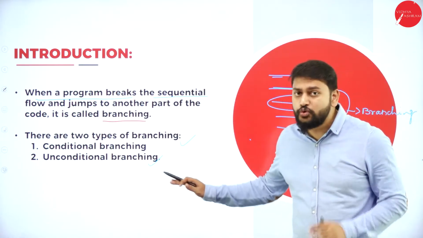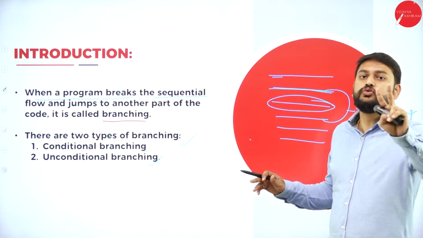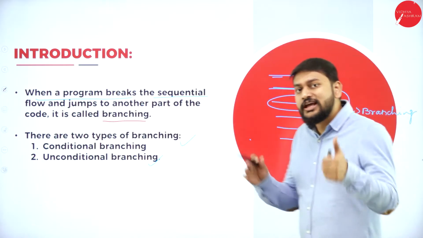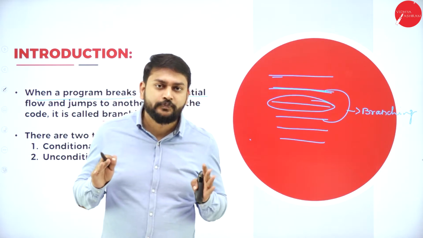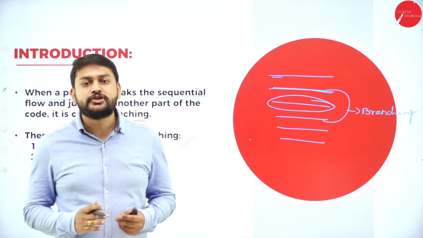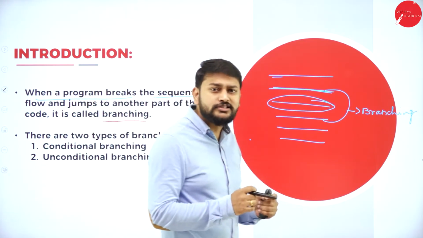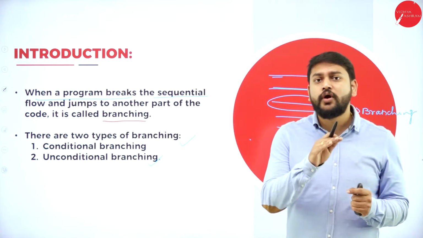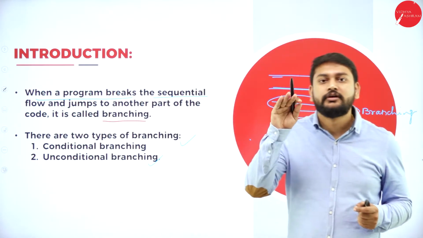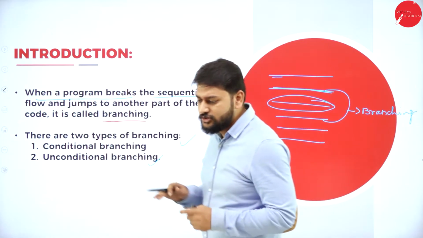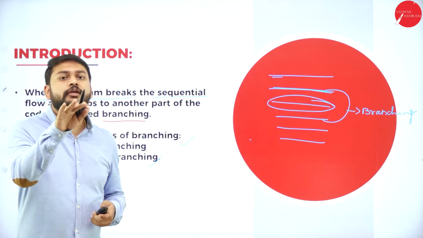Okay, so we have two types of branching. That is what you should understand. How many types of branching do we have? Two types of branching. The first one is conditional branching. The second one is unconditional branching. When it comes to conditional branching, my dear students, you need to understand one thing, that is, based on a condition you are trying to branch. Branch in the sense you are trying to skip the execution of the statements. So fine, you're moving to some part of the program based on a condition.